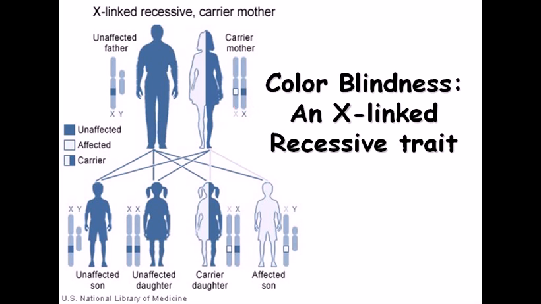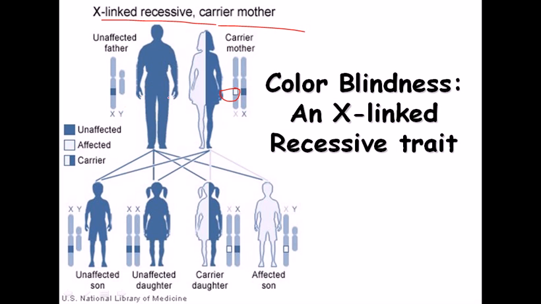Now let us talk about some of the traits that are X-linked in nature. First, let's talk about X-linked recessive traits, and this is from the carrier mother, because the mother has both X chromosomes. If one of the genes on one X chromosome is defective, then the gene on the other X chromosome can compensate, and the mother will ultimately live a good life, but she becomes a carrier because of that one gene.